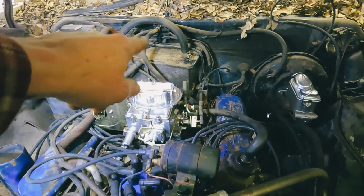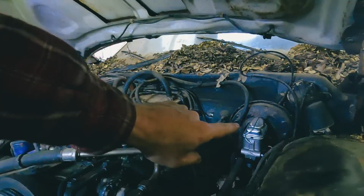The heater core was shot. I didn't want to bore you guys with that. I love how they put it in the engine compartment and not up under the dash. So it took me all of 20 minutes to get that one out and put a new heater core in there. The only other thing I've done,